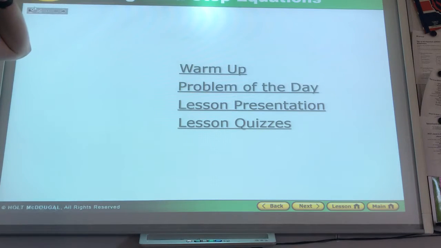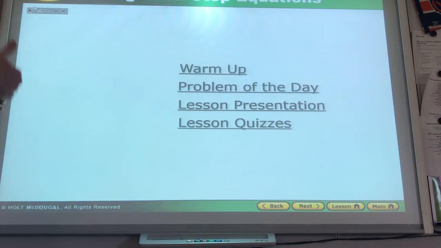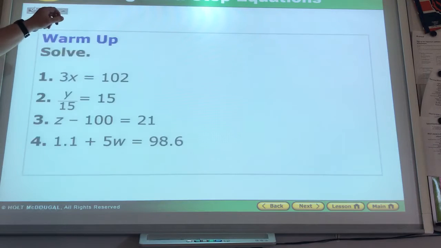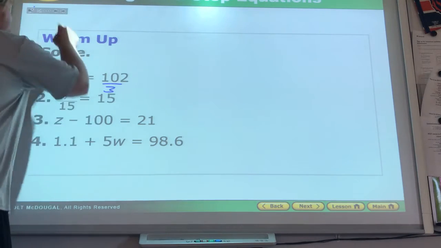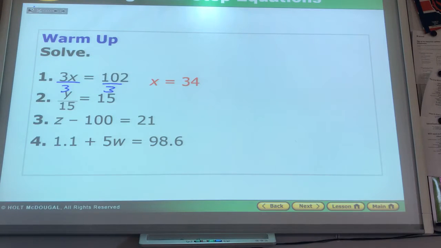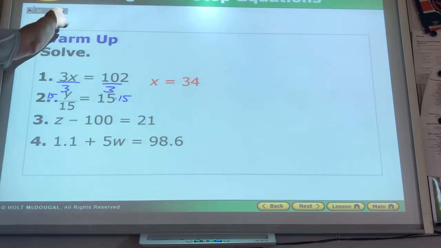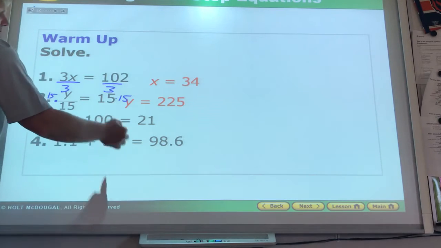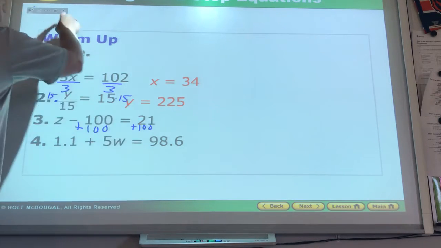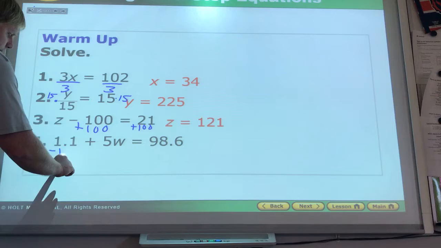Solving multiple step equations. So we're going to take what we did on Tuesday and on Monday and build on it from what we did on Wednesday, and we'll continue today. So, you know the inverse operations. If it's multiplication, we use division, and we figure out the answer is 34. If it's division, we use multiplication, and figure out the answer is 225. If it's subtraction, we use addition, and figure out the answer is 121. And if it's addition, we may need to use subtraction,